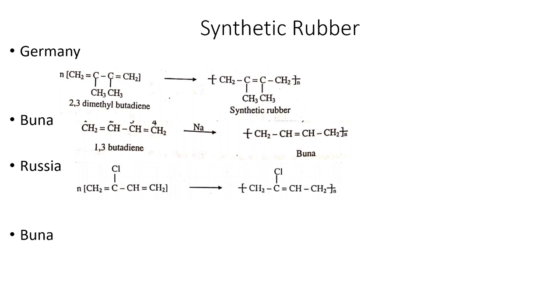Okay, so what are the properties of this Buna N rubber? It shows excellent resistance to heat, sunlight, acids, oils, and salts. It is less resistant to alkalis than natural rubber. It is attributed to the presence of cyano groups on account of the presence of acrylonitrile in the copolymer. The product obtained is a solvent resistant rubber. If the concentration of acrylonitrile is increased, the resistance to acids, oils and solvents also increases.